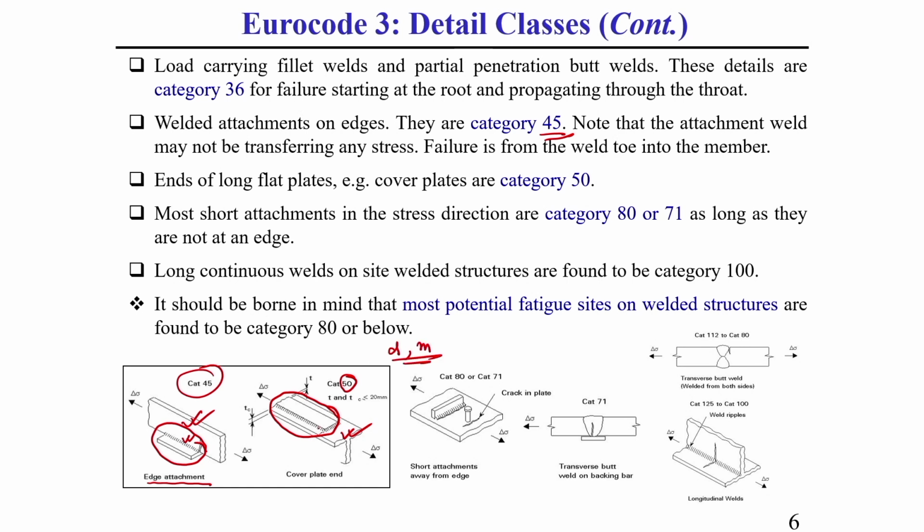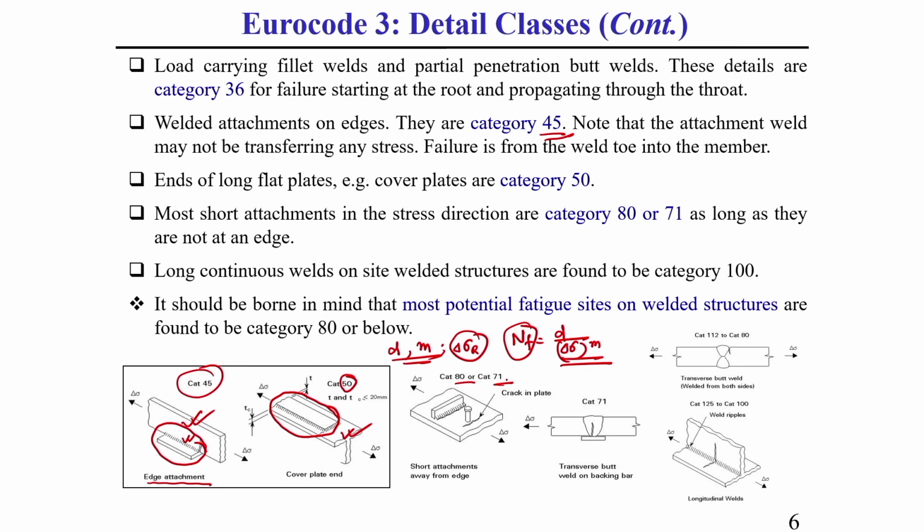M value is. Now, if this structure is subjected to a particular stress range, then what should its life be, you can easily predict from the equation which I have shown, that is NF is equal to D divided by del sigma to the power M. So based on this FAT value you can easily find out the fatigue life for any stress range, if you know the fatigue standard.